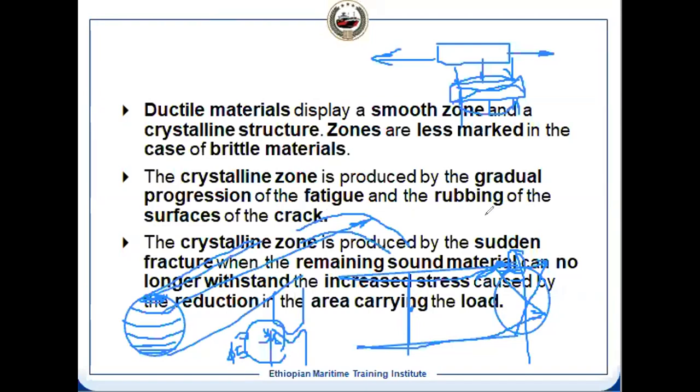Once the crack is developed, it will gradually propagate, because of the rubbing action between the grain boundaries. Suppose this is one grain, this is another grain. At this grain boundary there will be a rubbing action, and on the surface it will crack; inside also it can crack. Usually it starts from the surface, and then suddenly it will fail. So this does not give us any notice. Once the crack is developed, that area of the metal has reduced strength, because load carrying capacity reduces, and finally it will fail.